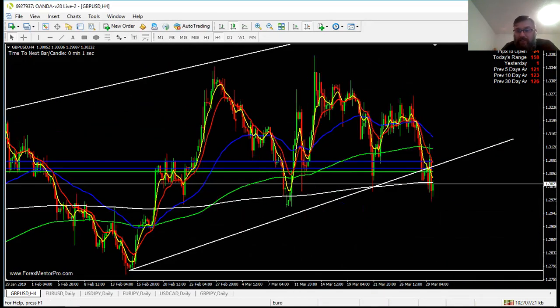As you can see, we are now below all these EMAs. We're below the trend line. We're even below our 4-hour 800 EMA, which is super good. You can see we've broken through and we've retested this. So my entry would be, I would actually be looking, so